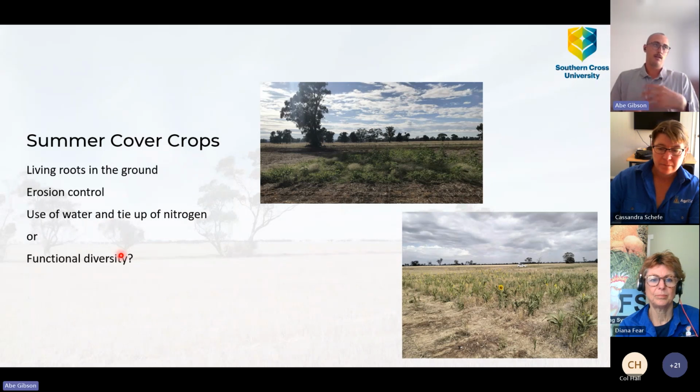And so some people say, oh, summer cover crop, just grow the weeds that are there. But the other thing that we want to look at is, can we have this concept of functional diversity in our summer cover crops, where we use legumes, a mix of brassicas and other things to get that diversity of inputs into the soil system, make our microbes happy, and have that additional biomass